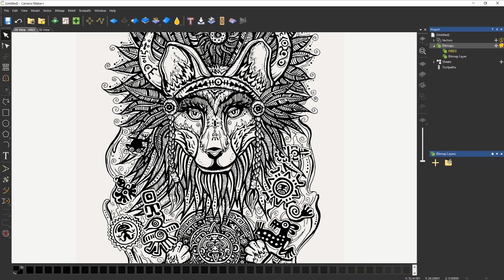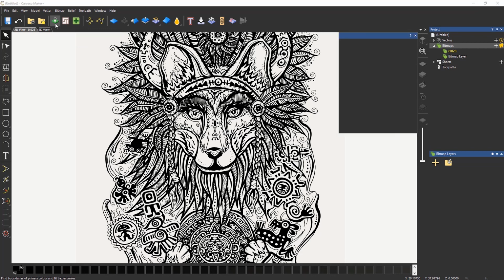Okay, so to quickly generate vectors around this image, or to trace around this image, what we need to do is use a tool called the Bitmap to Vector tool, which is at the top here. So if I click on that, what you need to do is reduce the colors. Now there are quite a few tutorials explaining how to do this, so I'm going to assume that you already know how to do this. If not, take a look back at some of the other tutorials and they will go into more detail on how to use this tool. So reduce the colors,